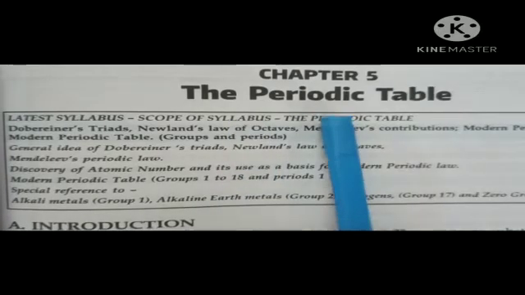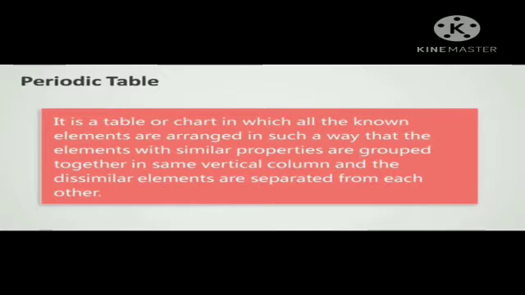Now in this video today we will learn about the new chapter, chapter number 5, the periodic table. Let's start first with the periodic table. Actually, the periodic table is a table or a chart in which all the known elements are arranged in such a way that the elements with similar properties are grouped together in the same vertical column and the dissimilar elements are separated from each other so that their